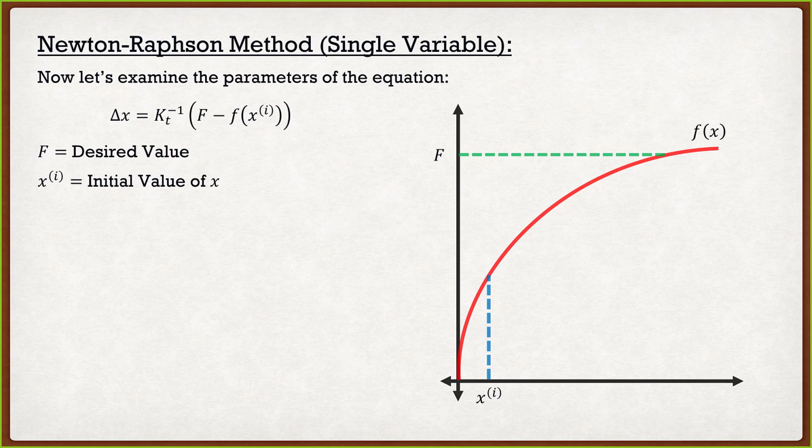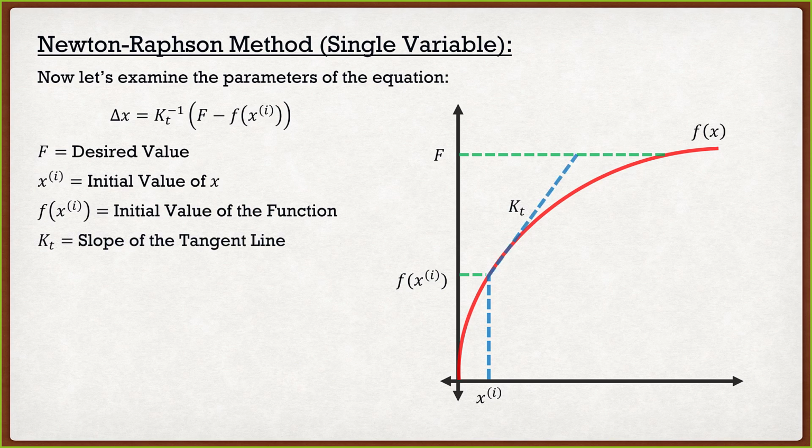The reason why is when we start our analysis of a beam, doesn't matter what we're doing, it always starts from rest. Therefore, we have 0 stress, 0 strain. So it's very easy then to start applying our load increments. Now, associated with this value xi, we have our initial value of the function. So in this particular case, we can figure out what f of xi is, no problem at all. Now, kt, what was kt? Well, this is the slope of the tangent line. So at this initial point here, it's going to have a tangent line. All right, nice and simple.